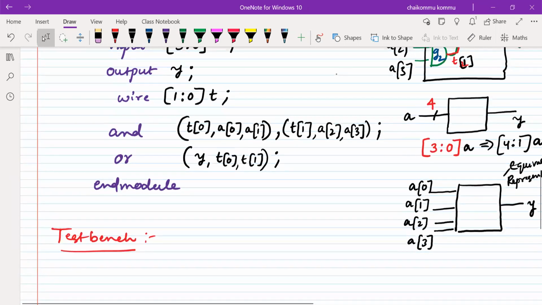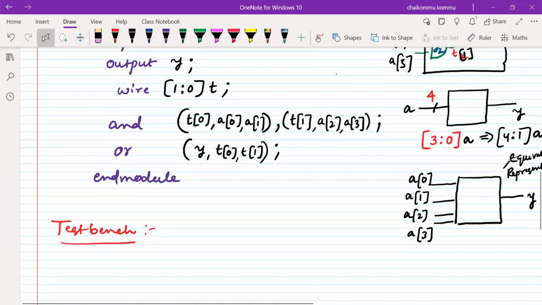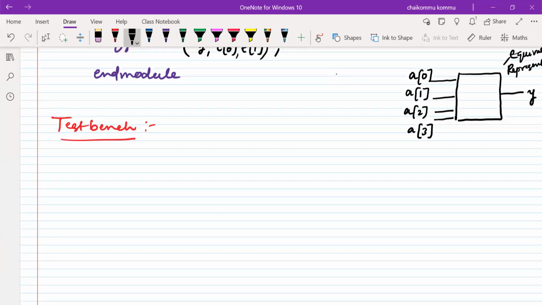As all of you know, we have a module something like this. We have a module here. The module has size 4. Of course, first we will write it the simplest way, the way that we have written it firstly. This has inputs A1, A2, A3, and A4. Y is my output. So let us start the test bench.